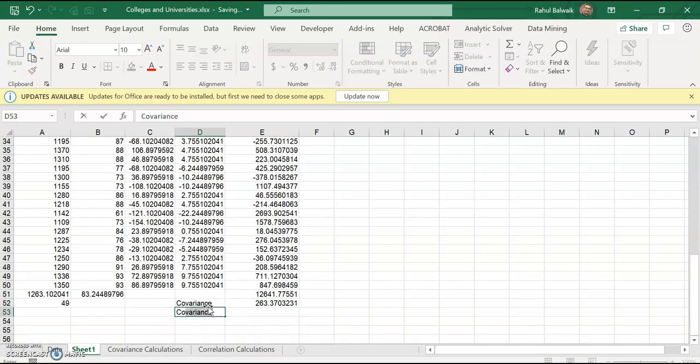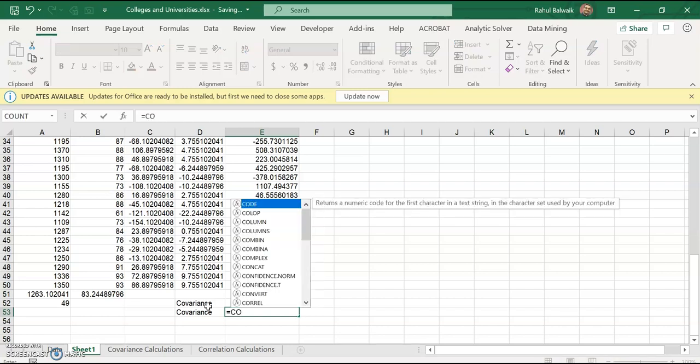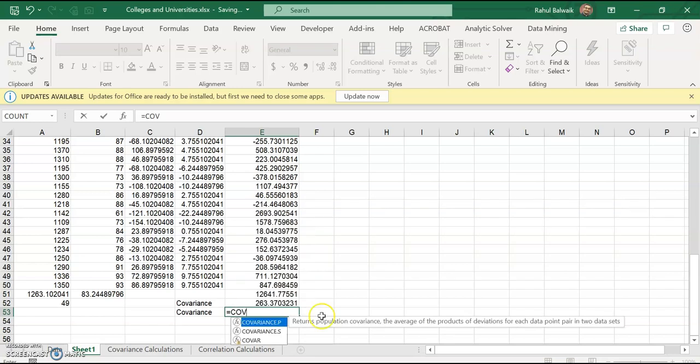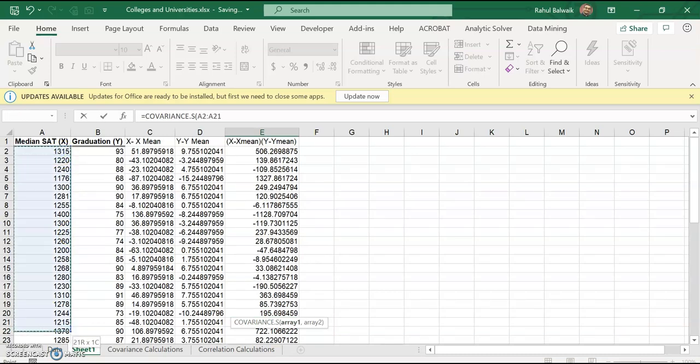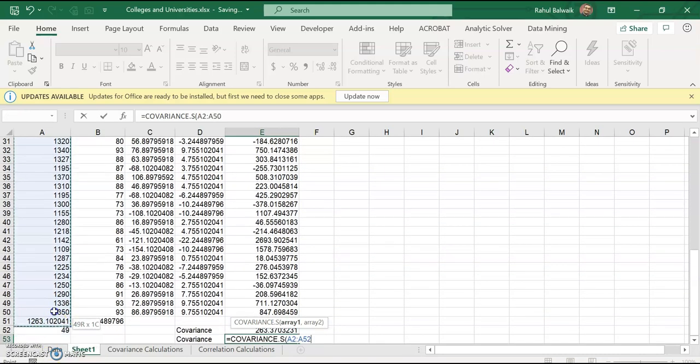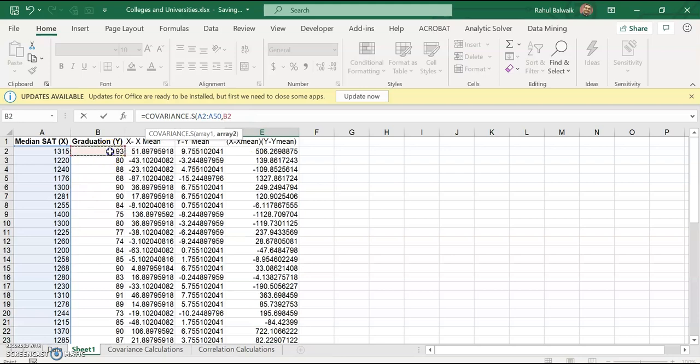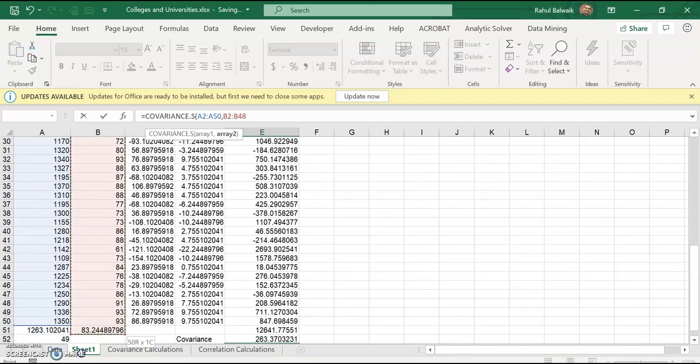Now I'll use the covariance function in Excel to determine the exact same thing. Let's start typing covariance, and we have to find the covariance of the median SAT score, so we select the complete median SAT score column, and the next is the graduation percentage.